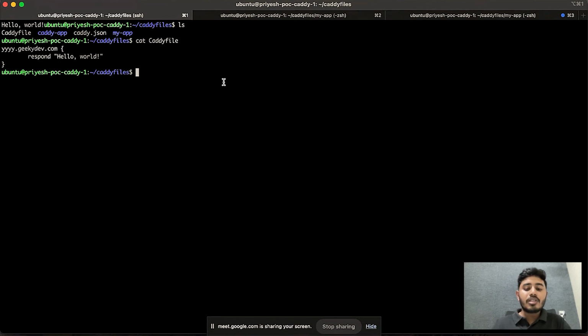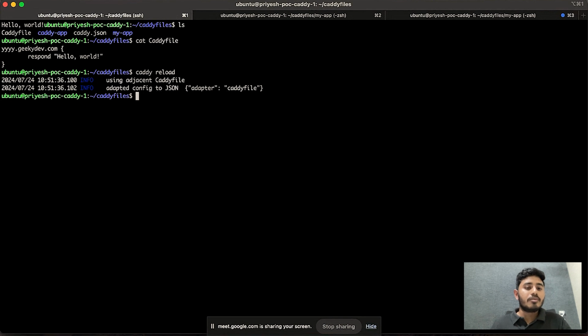So before this, I need to load the content of this Caddy file to Caddy. Previously, we ran different commands to load the Caddy content, right? We don't have to run this command again and again. A simple command that will load this is